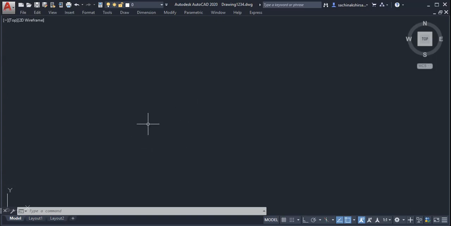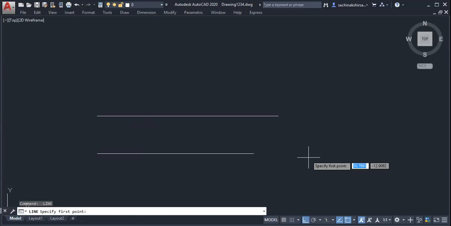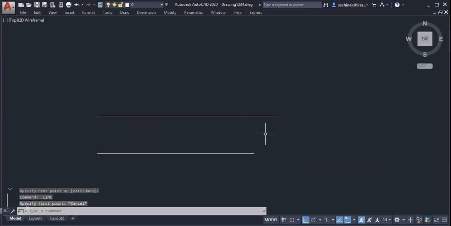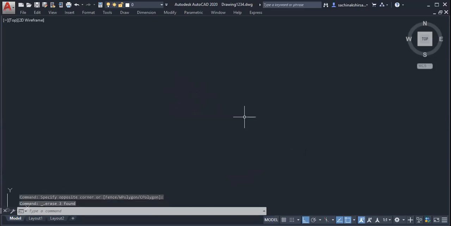If there are two parallel lines like this, which will be the minimum distance between them? Whether it is perpendicular or some other distance, the perpendicular one will be the minimum. So this distance is the minimum distance between them. That is why offset is the perpendicular distance between parallel lines. The offset command is used to draw parallel lines in general.